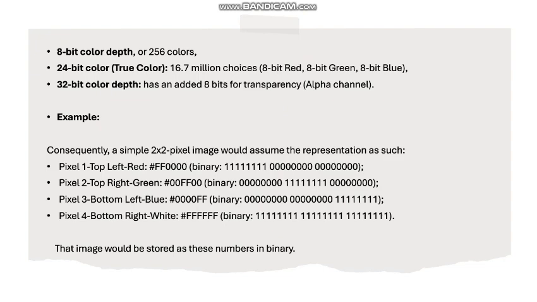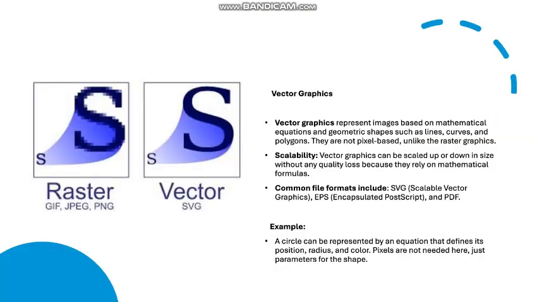Vector graphics. Vector graphics represent images based on mathematical equations and geometric shapes, such as lines, curves, and polygons. They are not pixel based, unlike raster graphics. Scalability: vector graphics can be scaled up or down in size without any quality loss